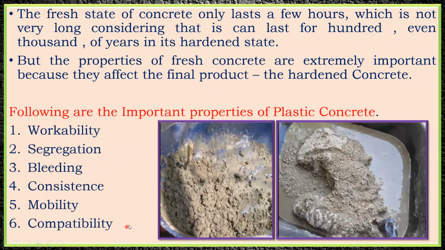So if you see it here, see what has happened in this particular concrete, there is a lot of water, right? It is not properly mixed, so this is called bleeding. Similarly, second is about the workability. It's the ability of a concrete to flow on its own. Look at this particular mixture, it is very harsh in nature, right? Now you can't use this kind of mixture in the concreting work, because it cannot flow on its own. So again, the workability is not achieved here, right? So these are the few properties of a plastic concrete which we need to take care of whenever we try to prepare a concrete, right?